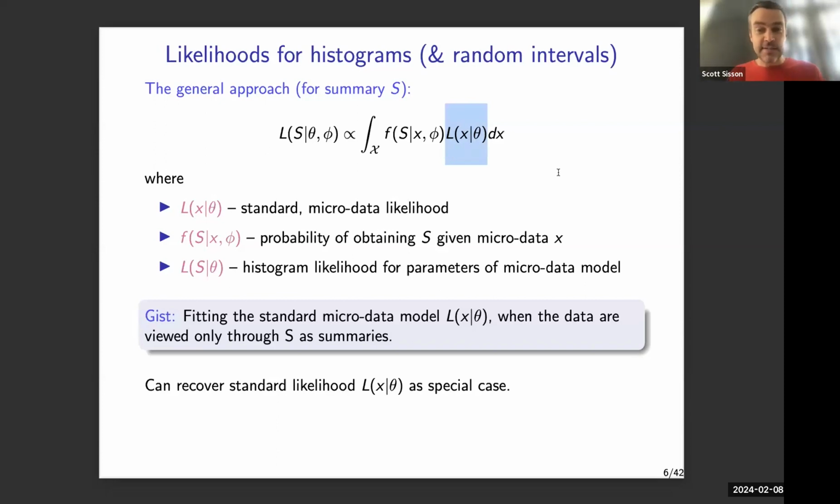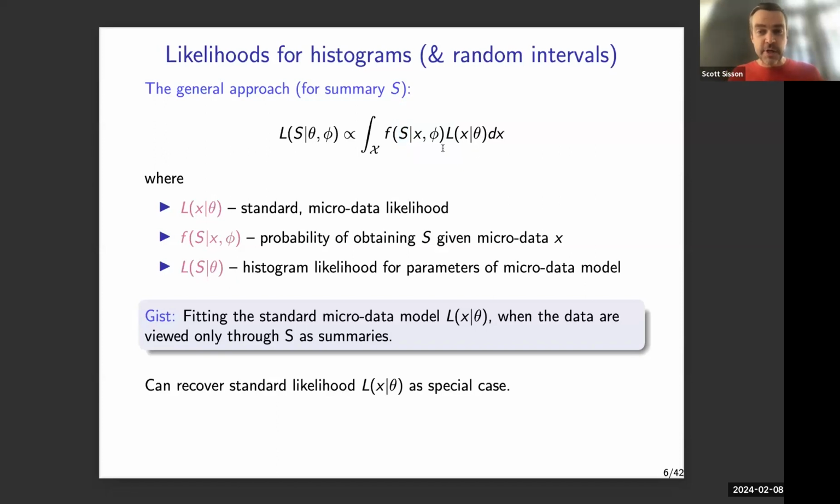So x is our classical data, our micro data, if you like. Theta is the parameter we're interested in, and L is the likelihood function. We want to fit this and come up with estimates for theta. But we're not actually observing the data x, or at least we're not going to look at it. Instead, we're going to take x and turn it into a histogram, for example. So there's this kind of data generation process. We imagine that, given some parameter value theta, under our model, which is captured through the likelihood, data x is generated. Given that data x is generated, there's some process, which I'm just going to write as f here, to create a histogram from that.